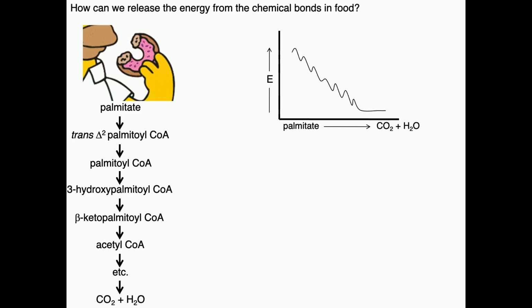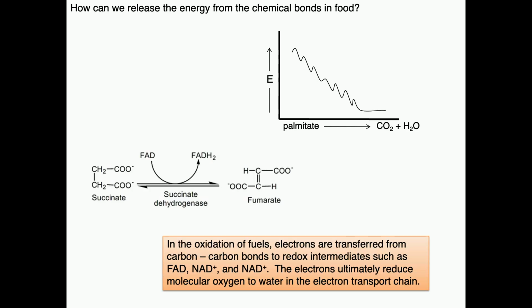Each of those steps has its own activation energy, and each has its own delta G, and they're all additive. The sum is going to be the same as if you burned the donut in the campfire. However, because the reactions are occurring in discrete steps, we can, in a more regulated fashion,